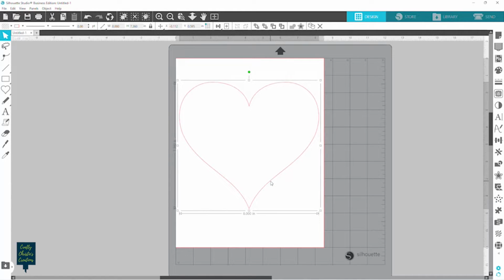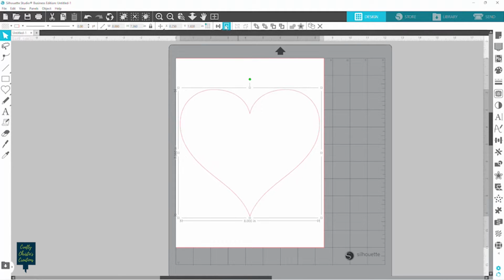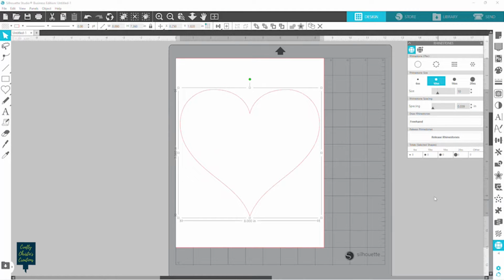And my piece of wood is actually about the same size as this piece of paper here, which is great because now I can get this set up exactly where I want it. So I'm just going to center it to my page, and then I'm going to come over to the rhinestone panel, and I'm going to show you 2 ways to do this. So we can do this in the rhinestone panel with it selected. I can go ahead and do the outline,